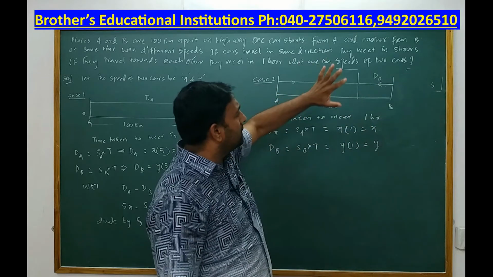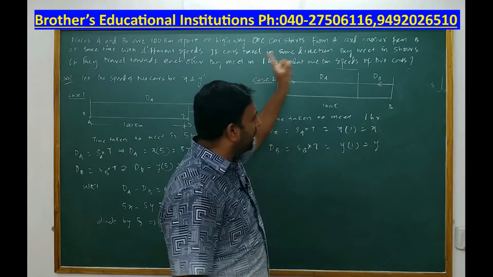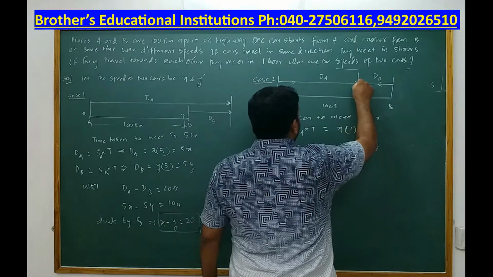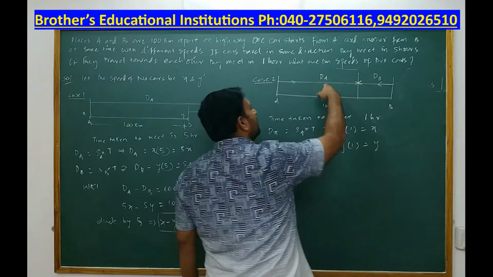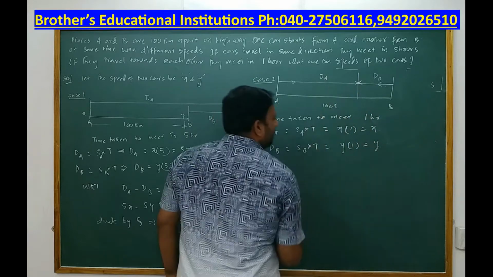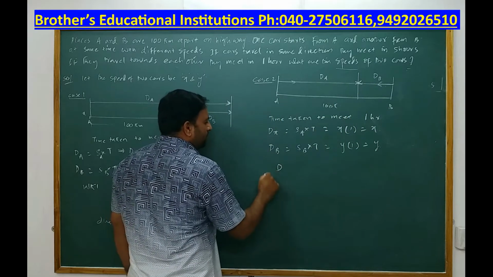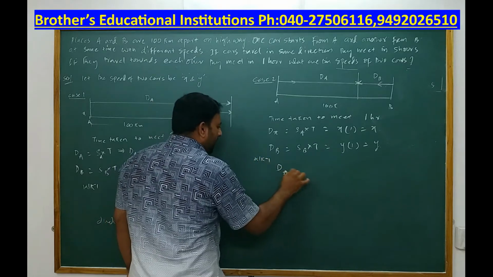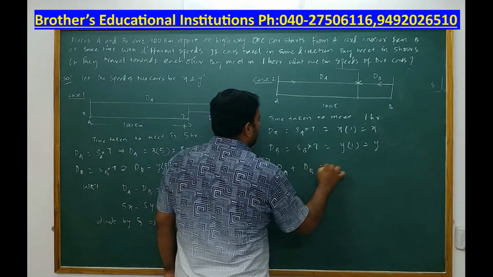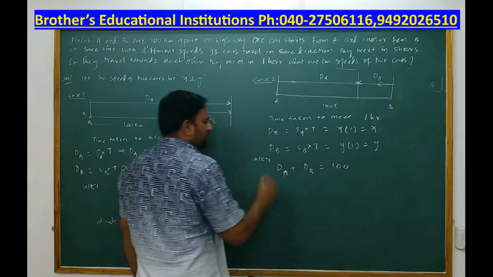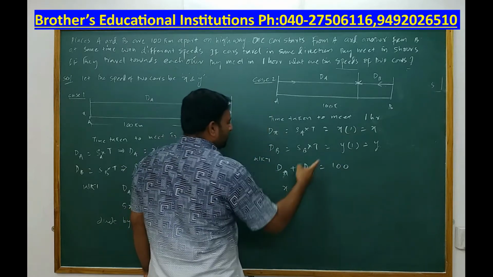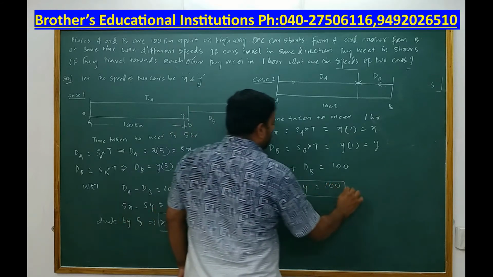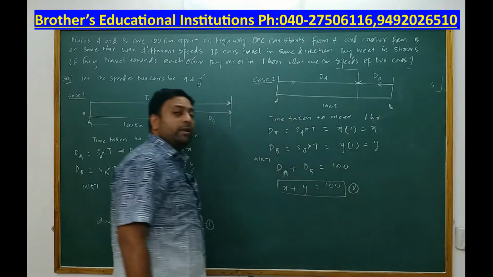Now what is the relationship you draw between dA, dB and 100? What is dA? Distance traveled by the car starting at A. What is dB? Distance traveled by the car starting at B, and they both meet here at this point. So what is the relationship between dA, dB and 100? Yes, you are right. We know that distance A and distance B is equal to 100. Now what is distance A? X, plus what is distance B? Y is equal to what? 100. So there you go.